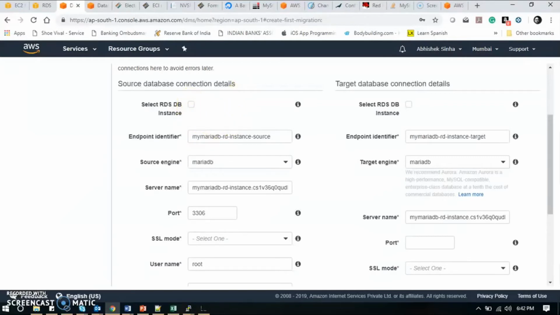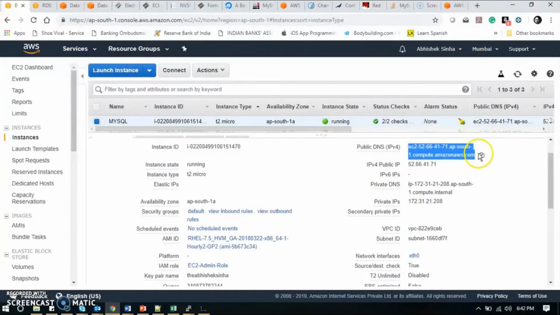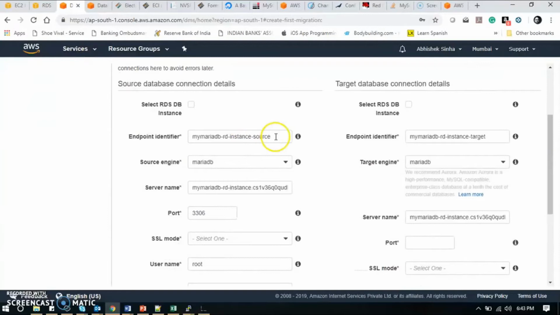So in my case, I will just use this EC2 instance. I'm going to copy this host name. MariaDB is the source engine, and for the server name I've just copied the host name; you can also copy the IP address. The port is this, and SSL is none.